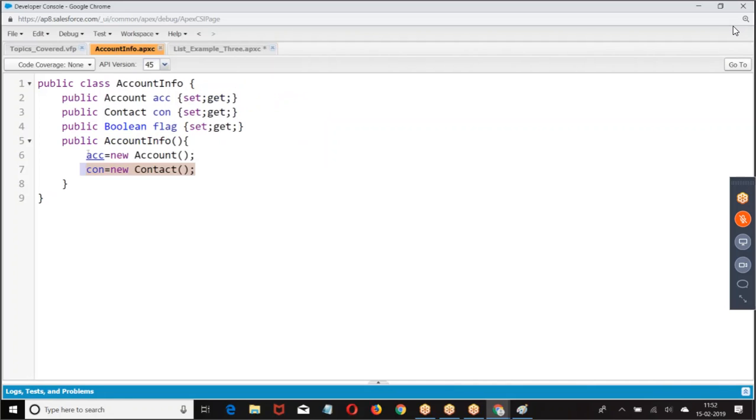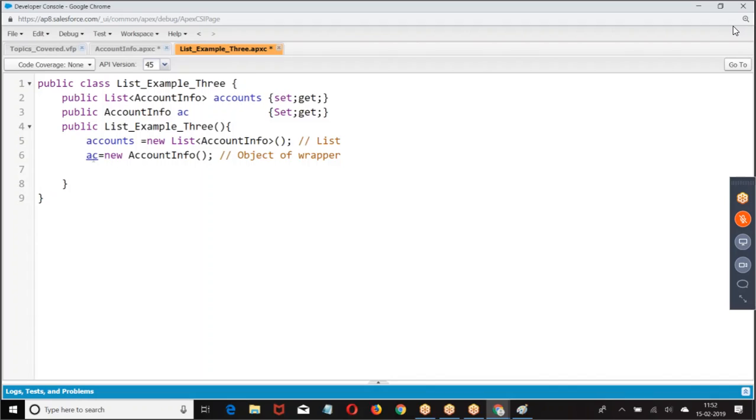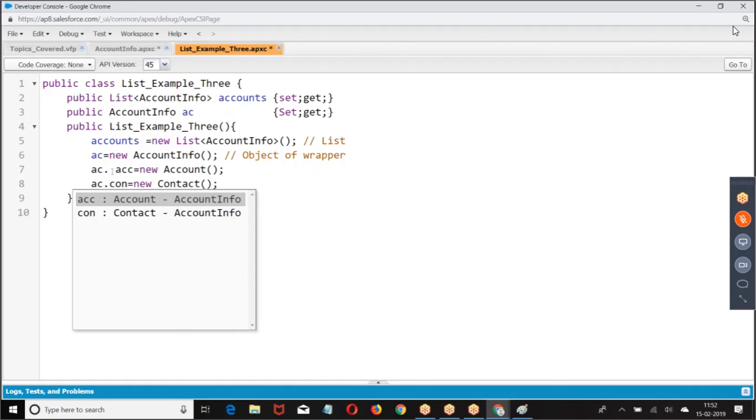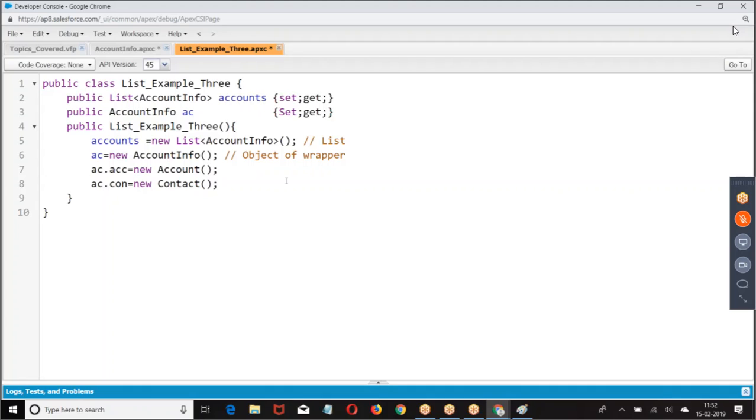So now I am interested to assign this. So you given AC dot. So people who have query on this, still anyone has a query on this? Line number 7 and 8, let me know. Line number 7 and 8, am I clear with that? 7 and 8, clear with this? Till the line number 6, last two examples we have done the same. Line number 5 and 6 we have done the same.